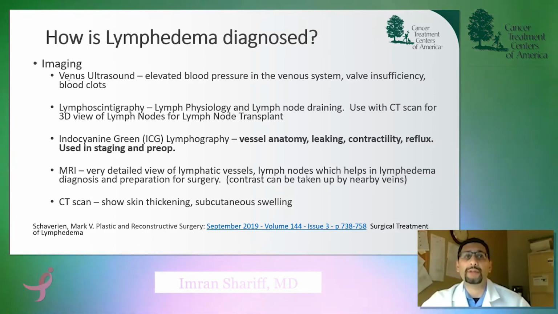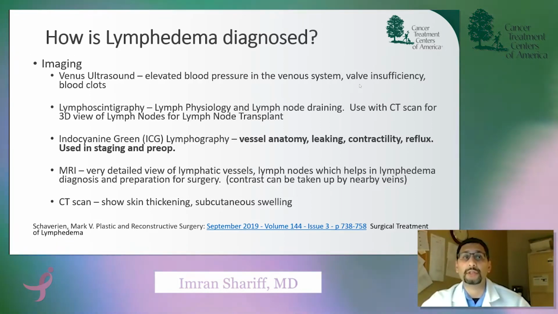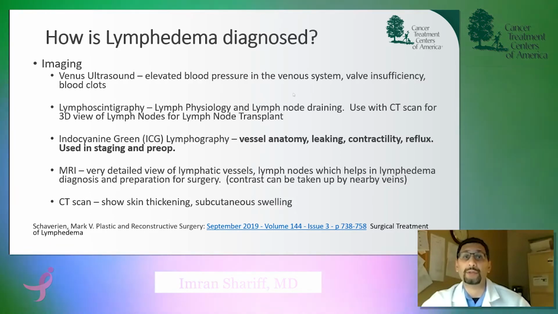So first, we often do a venous ultrasound, which is basically looking for elevated pressure in the venous system, valves that are insufficient or not working, or also blood clots. These can contribute to swelling in the extremity and must be used to